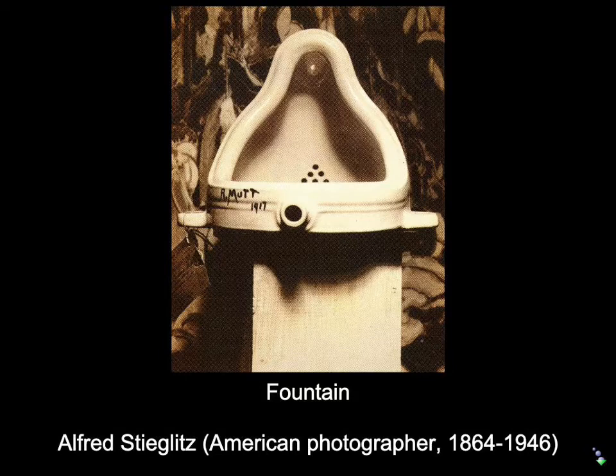Duchamp actually came to New York, and he spent quite a bit of time in New York, and he got a following among young American artists. While he was in New York, there was a group of artists that wanted to have an exhibition of art that was open. Typically, an exhibition was run by an academy or an art school, and they had jurors. And so artists would submit work, and the jurors would then go through and select work that fit their aesthetic ideals, which in traditional times were usually ideals of beauty, idealization, and so on. And then the jurors would throw out any work that they didn't think made the cut.